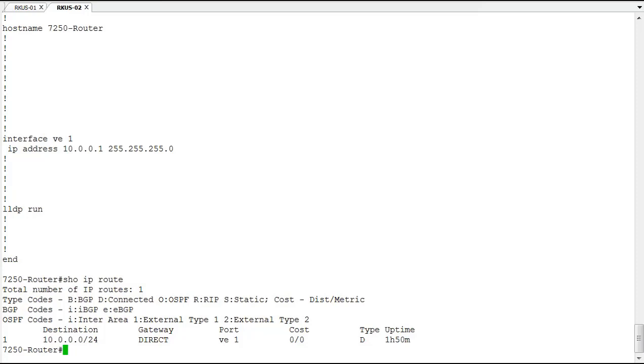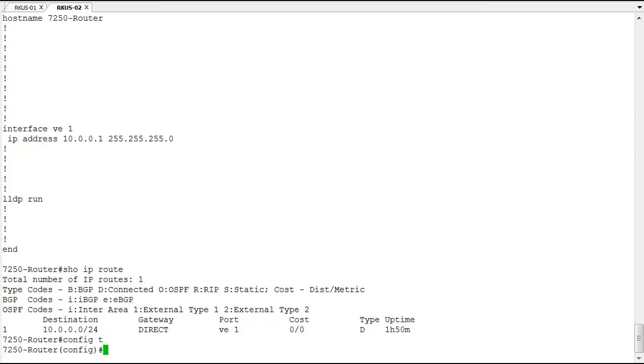But if we want to get outside of our subnet, we have to have a default gateway of our own. So this can be configured not with the default gateway global command, but with an actual IP route, because this is a router. So let's go ahead and do that. Okay, so we're going to configure an IP route of 0.0.0.0 with the mask of 0.0.0.0, and then we're going